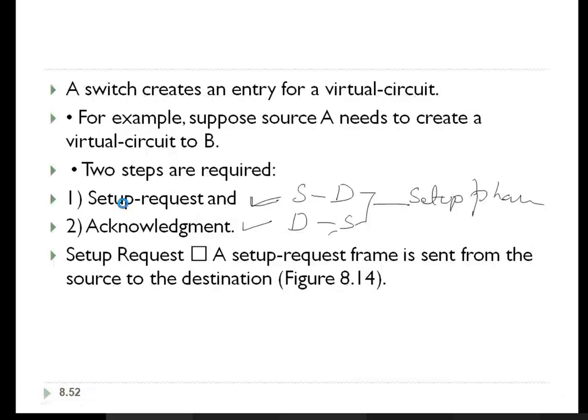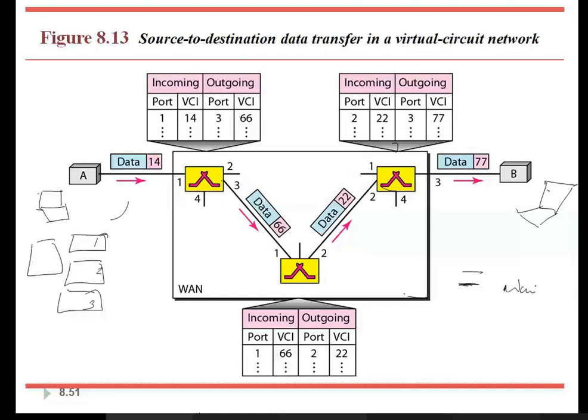If the next packet comes, maybe by that time this link may be busy with other data transmission. In that case, there will be a delay. So even though it follows the same path, it may arrive at the destination at a different time, with a different delay, because the resource allocation is on demand. On demand means it is not going to reserve during the setup phase. So it is having flexibility. It can go with on demand, or it can go for reserved resource allocation.